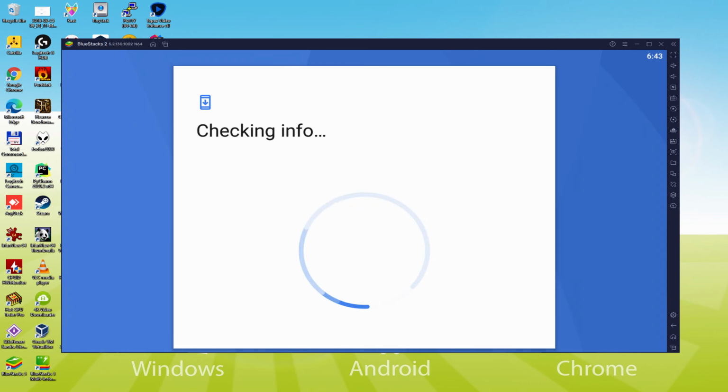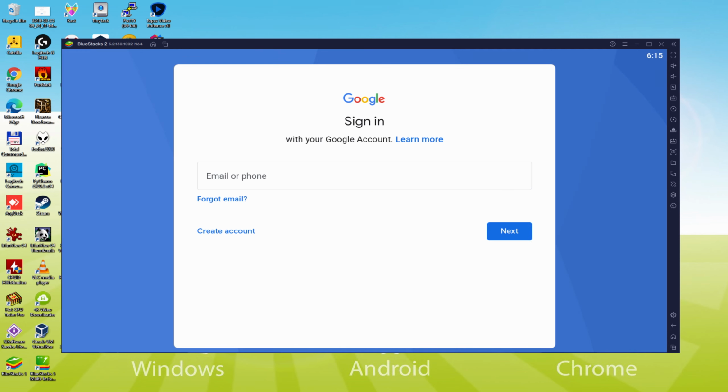At present it shows Checking Info. It might in some cases get stuck at Checking Info and not move forward. In this case, you should attempt to connect to your account after a number of hours and it will very likely be fixed. At present we can provide our username and password. The email address is required to be a Gmail email as well as its corresponding password. For example, you may use the same exact email you use at this moment in your YouTube account.